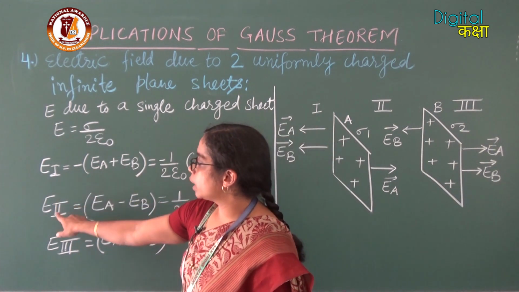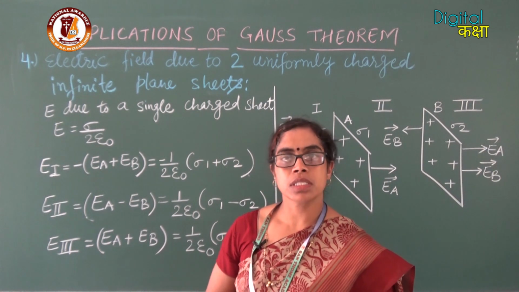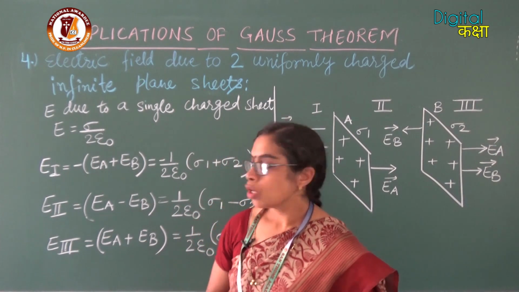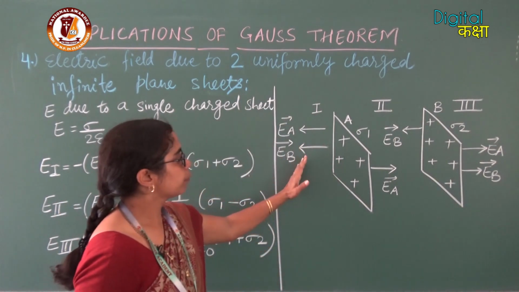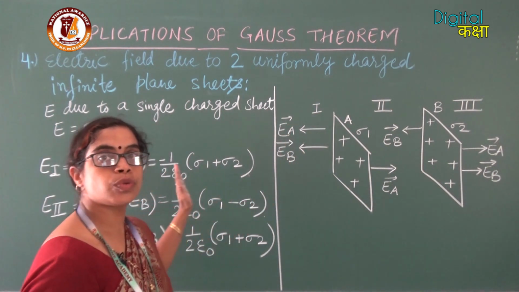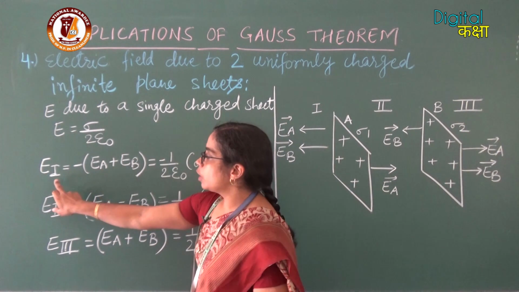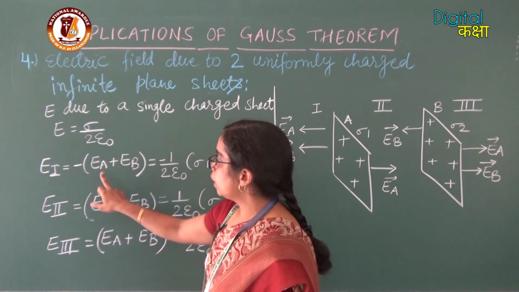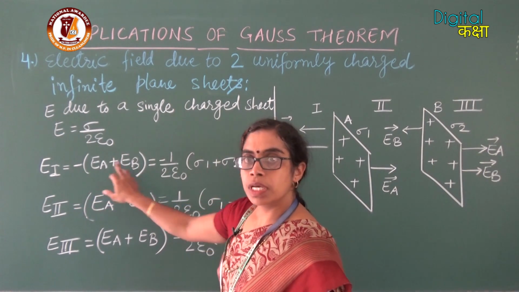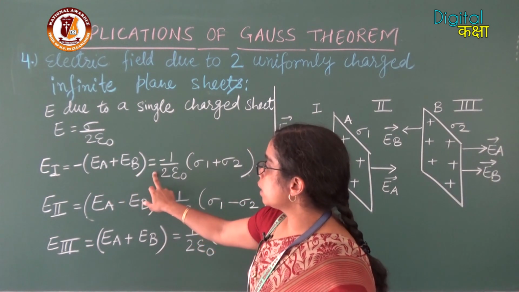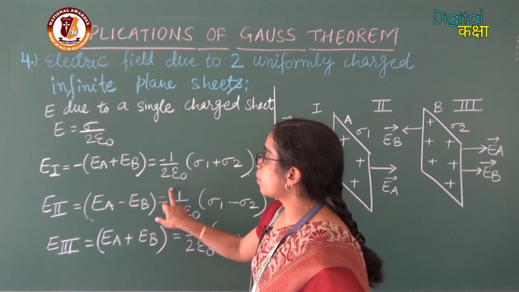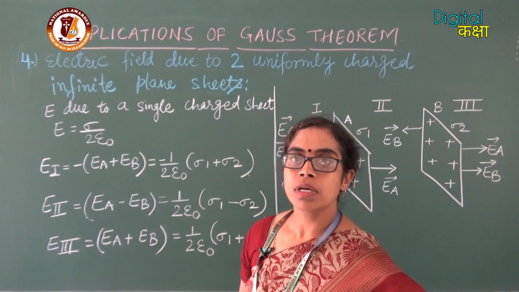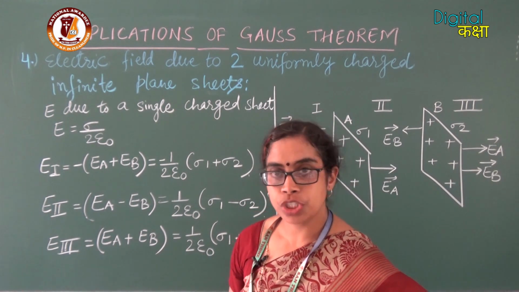Now we will calculate the electric fields in all three regions one by one, considering their directions as well. In region 1, where EA and EB are both directed towards the left, the resultant electric field is given as minus of EA plus EB. Taking the magnitudes, that is equal to minus 1 upon 2 epsilon naught, which we get from the expression for electric field due to a single infinitely long charged sheet,